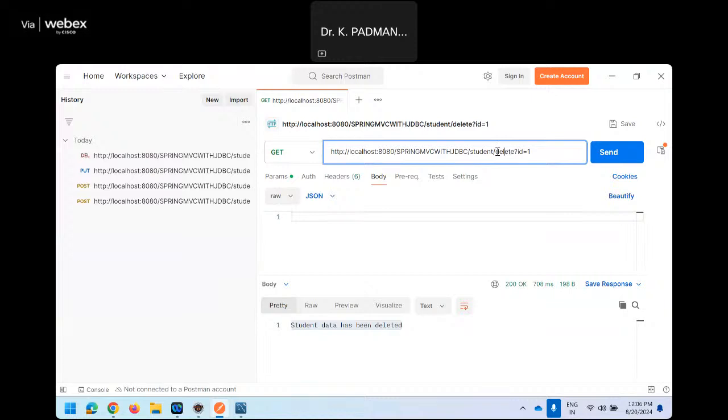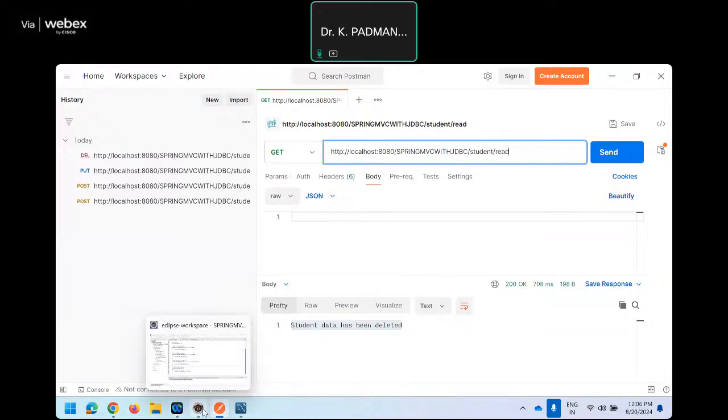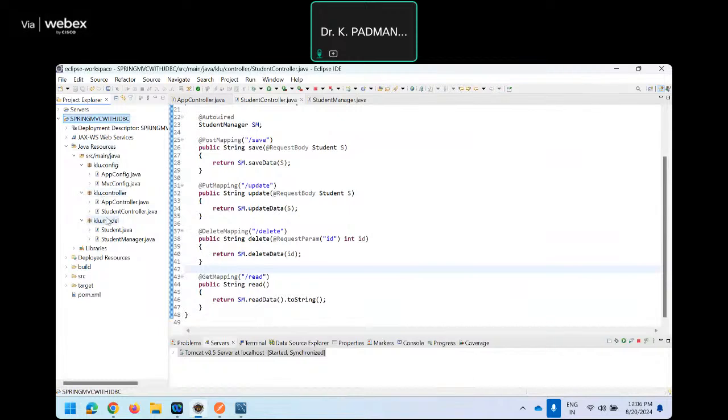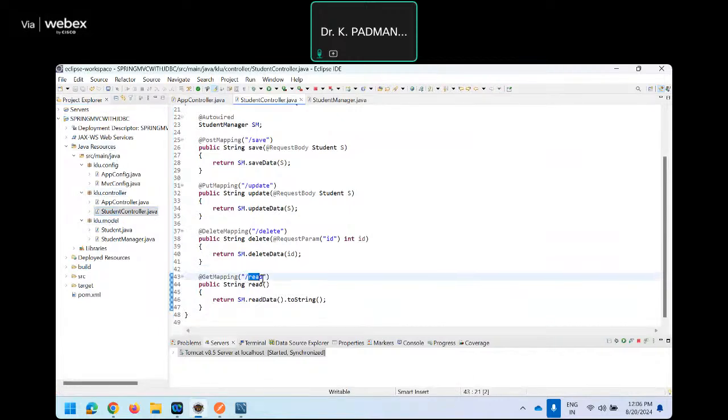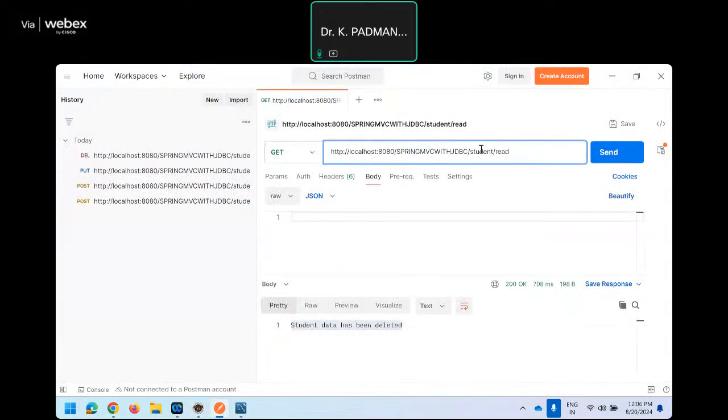Then what is the service name I gave? Read is the service name I gave in the StudentController.java file. If you want, you can go through StudentController.java. This is the service name I gave to perform a read operation. So I make the necessary changes in the URL to call the particular service to perform the read operation from the database. Then click on send